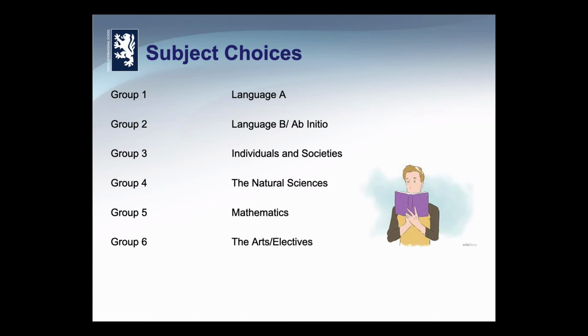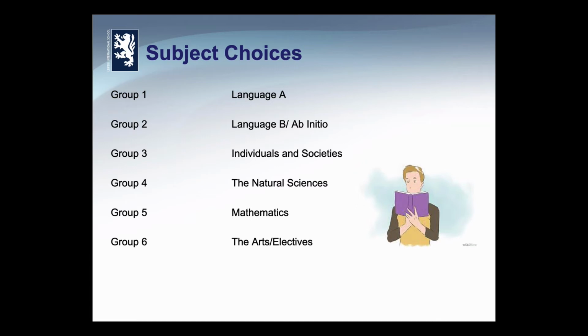Group 6 is a mixture. It offers the arts, and we have 2 subjects within that. We have music at higher and standard level and the visual arts at higher and standard level. This box also allows students to select an additional subject or an elective, and this can serve to help a linguist to do a 3rd language. So they may have one language A and wish to do 2 language Bs, for example, or a language ab initio. It enables our social scientists to do a 2nd individuals and societies or group 3 subject.